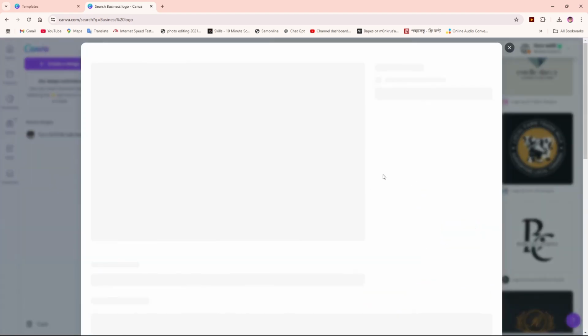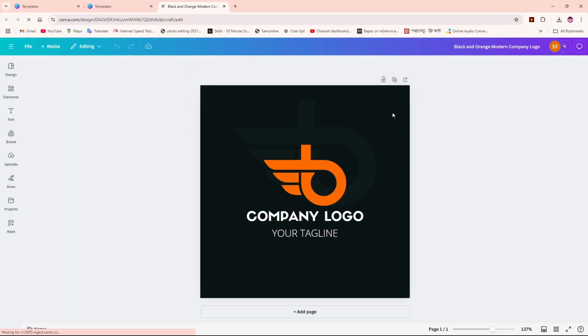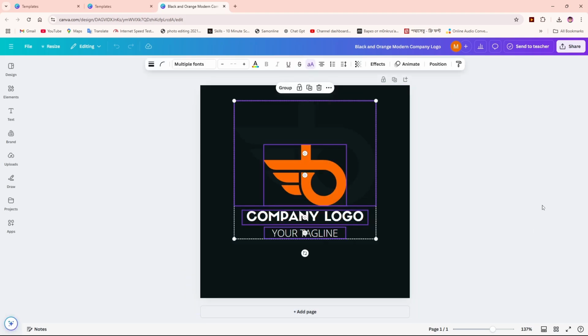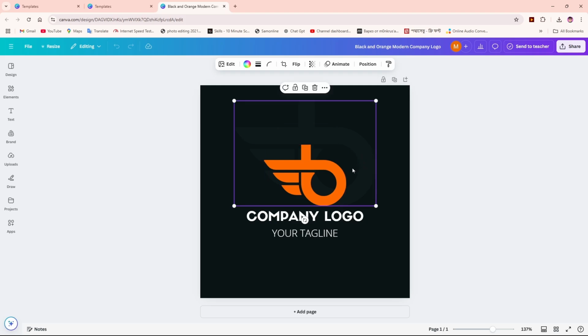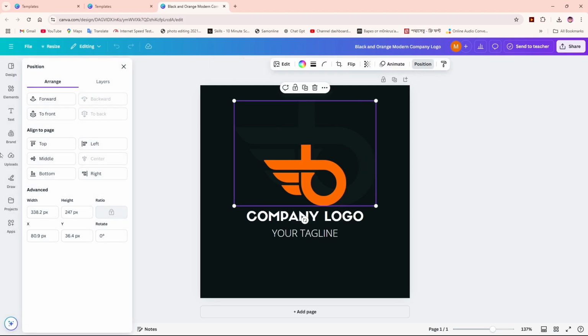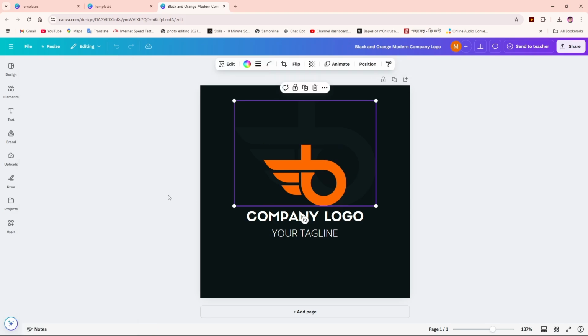This looks great. So if I click on that and if I click on customize this template, then you will get a custom template over here like this, and you can simply change the logos. You can customize it by your choice. If you want to click on the positions, you will get all the layers in here. You can see all layers, so you can change which one you want to change,